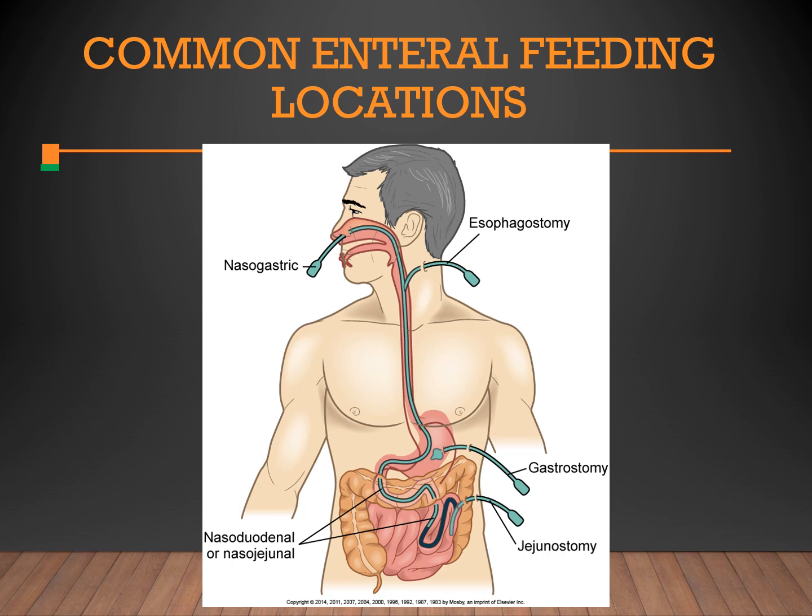You can also use what's called an OG tube, or an oral gastric tube. This is temporary as well. We see this a lot with our intubated patients because they already have a tube through their throat, so you just pass that OG through as well. Then you have a G tube, which goes directly into the stomach, and a J tube, which goes directly into the jejunum. The jejunum is lower, you can see in the pictures. Both the G and J tube are surgically inserted.